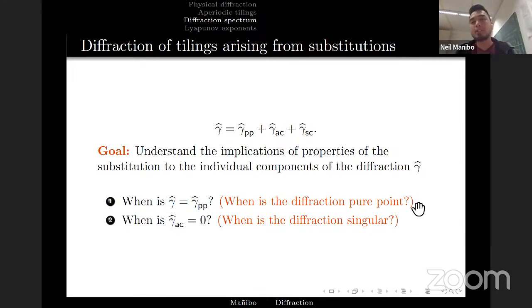And one is actually connected to one of the biggest conjectures in the field, namely the Pisot substitution conjecture. So the conjecture states that if you have a one-dimensional substitution, well, you build the matrix, right? And then you look at the eigenvalue of the matrix. So you have two assumptions. You first assume that the characteristic polynomial of the matrix is irreducible, and that the